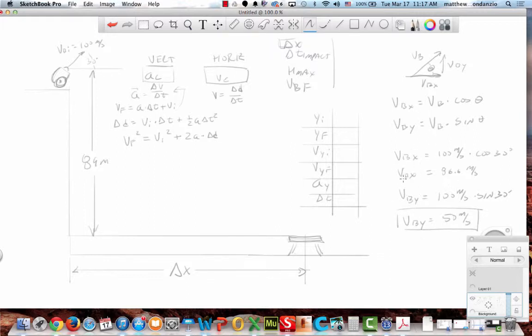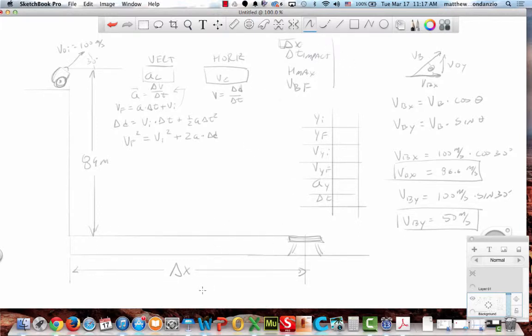I want you to be able to do this on the exam. Got to break it down. Show me the sections. Okay? If you need more paper, take more paper. Okay? So now that you've got that, let's see if we can figure